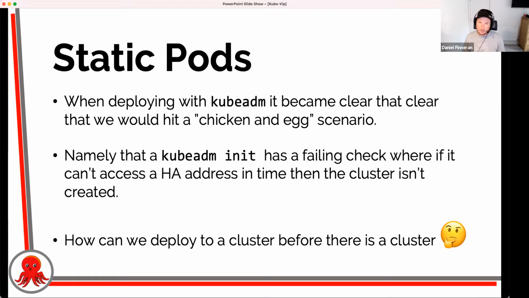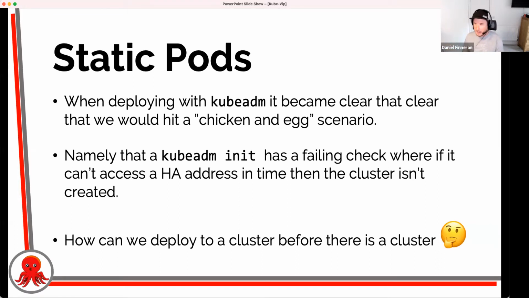The reason why this is important is with kubeadm, there's a kind of a chicken and egg scenario that I was hitting in order of getting Kube-Vip up and running. The problem that we have is that when we do a kubeadm init, and this is how things like Cluster API vSphere work, we do a kubeadm init with a control plane IP address. kubeadm init basically will bring up the cluster, wait for the components to start, and the last thing that it will do, which defines whether it's a success or failure, is try and access the API server through that control plane IP address.